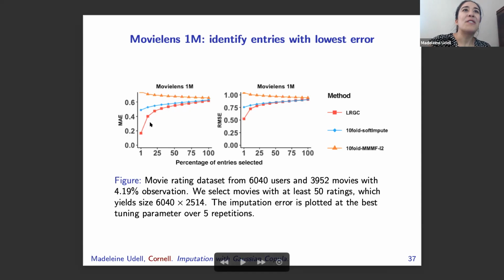Whereas with ours, if you say you're more confident, then you are more confident. So this curve should be increasing: as you increase the fraction of entries selected, the average error over the entries you're most confident in should be increasing.